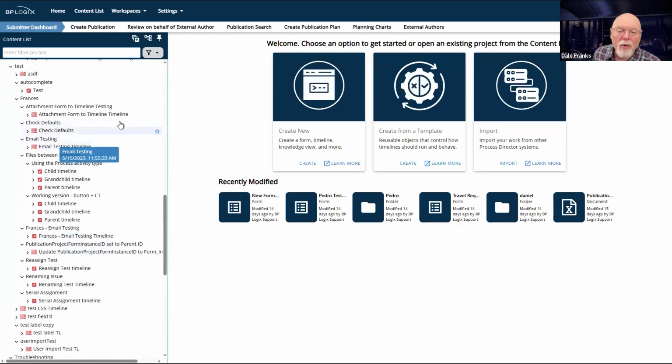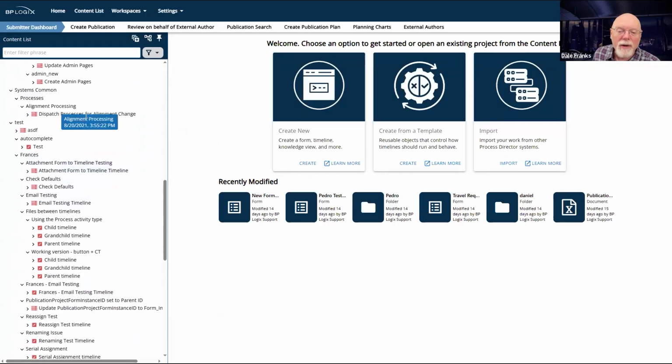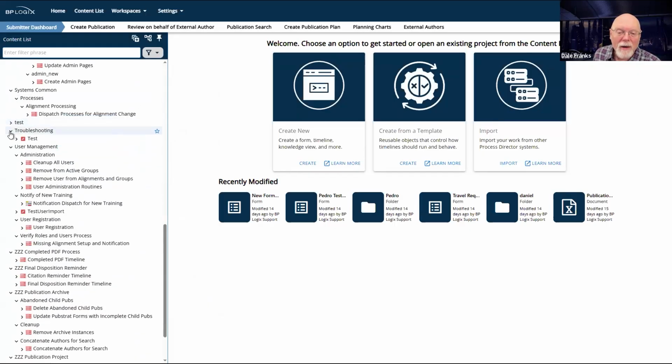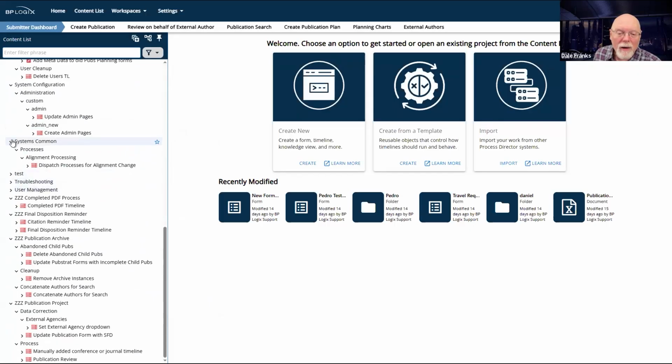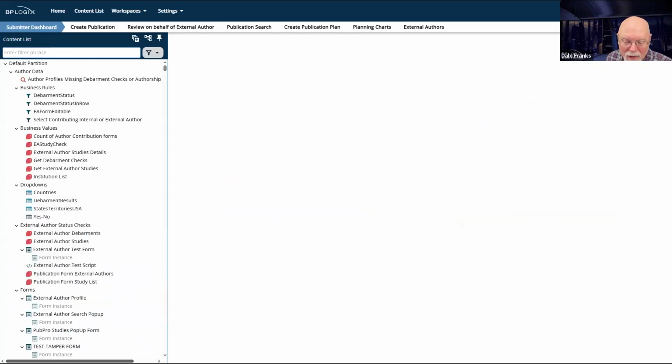I'm trying to find what the default timeline was. It's not going to be in test or troubleshooting, user management. Well, I don't know where the timeline is. Trust me, it's probably more complex than anything that you've done on your site. Is this it?